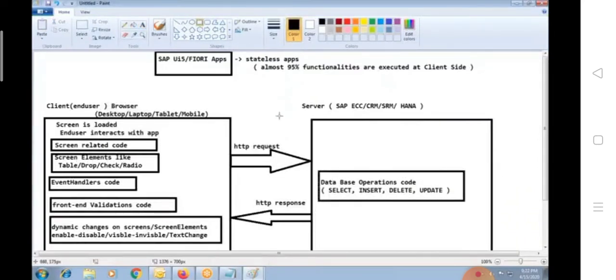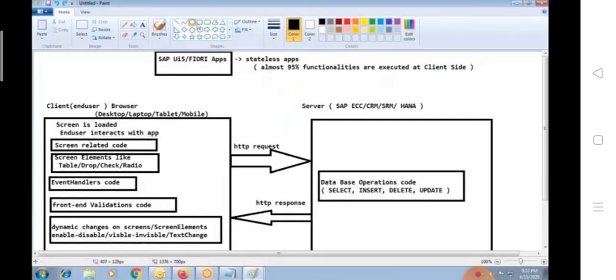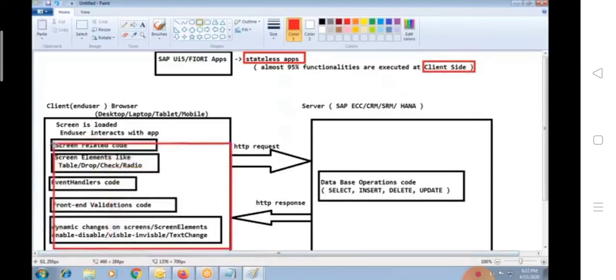So that means almost 95% of the functionalities are getting executed within the end user machine under the browser, except database operations. Database operations are always executed in the server. So that's the reason why these applications are stateless applications, because these are nothing but client-side applications, because everything is executed here.